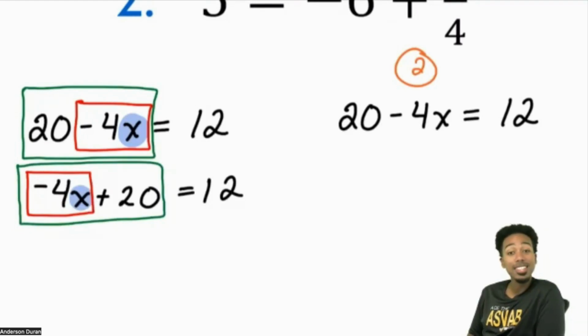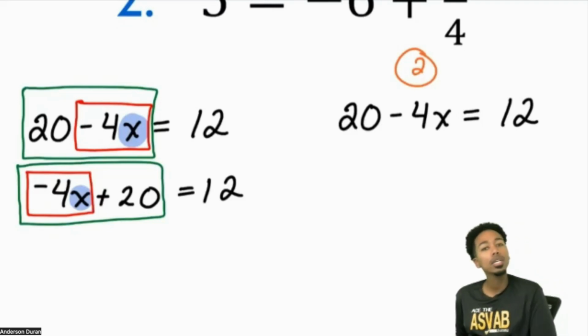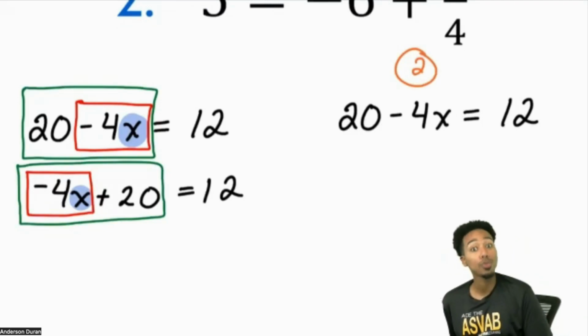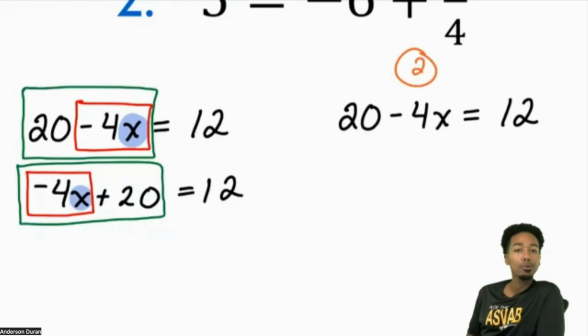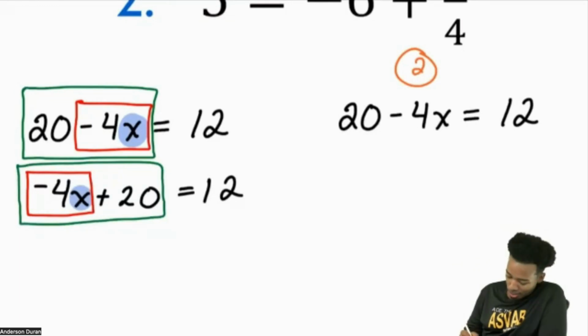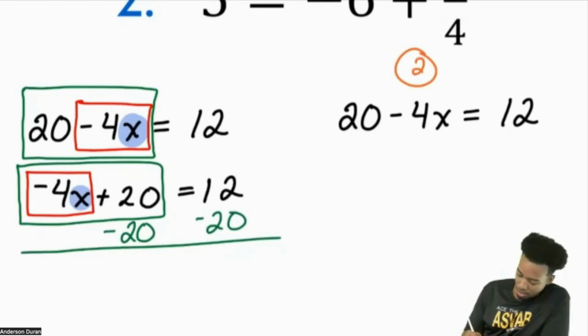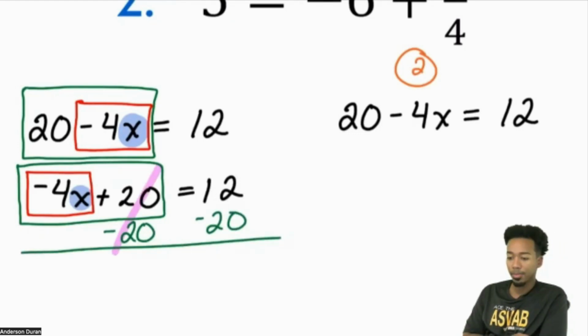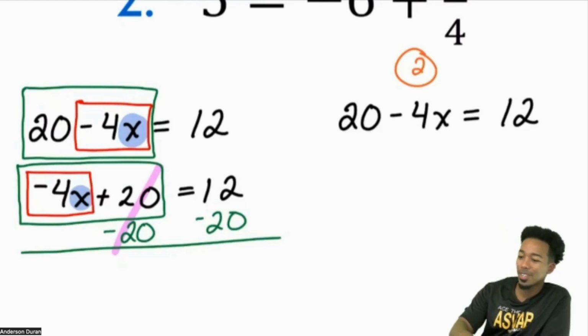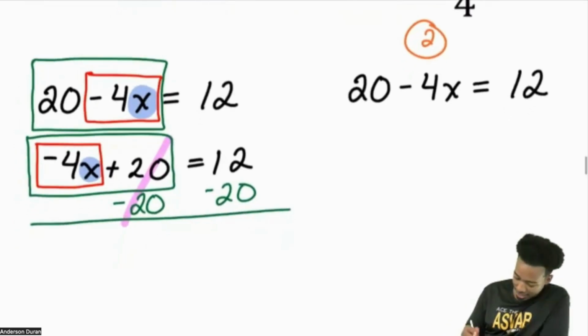Right? Because if you see it that way, a lot of us can take a look at that and say, oh, okay, get rid of the 20 first, subtract 20 first on both sides. Okay, we can do that. That's possible. And if we do that, well, let's see what's up. Because we have the 20s eliminate. Right on. And so we subtract the 20 on both sides and we got ourselves negative 4x